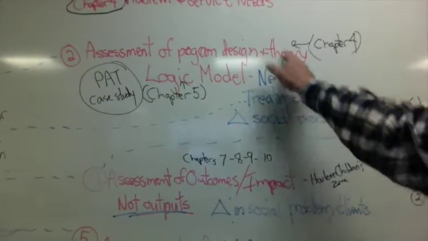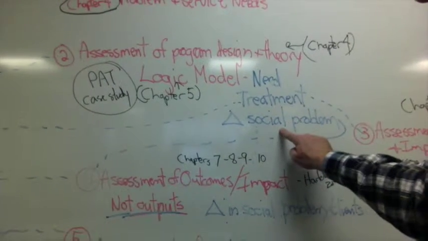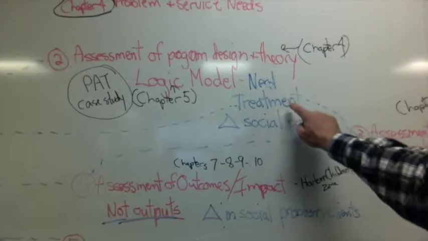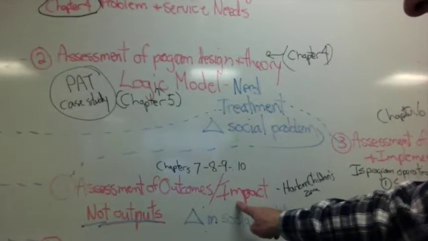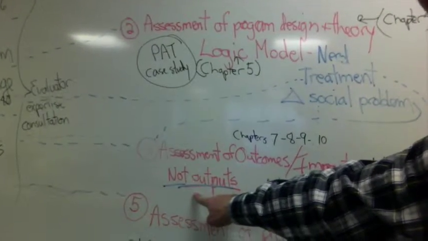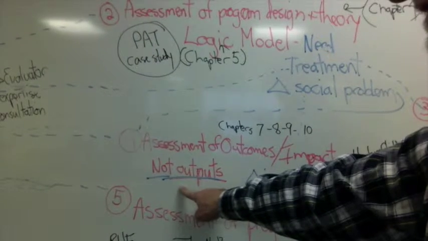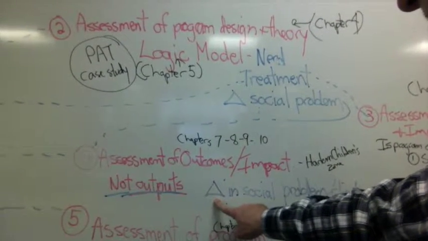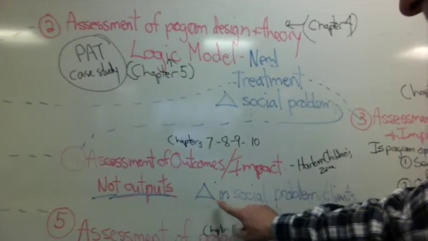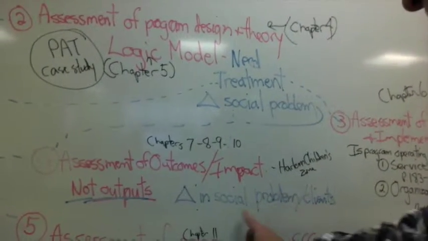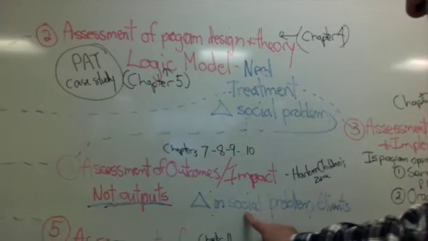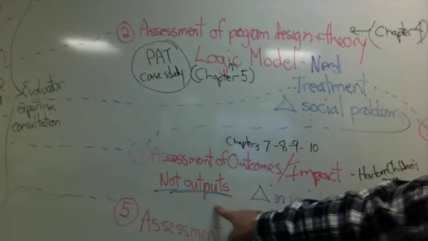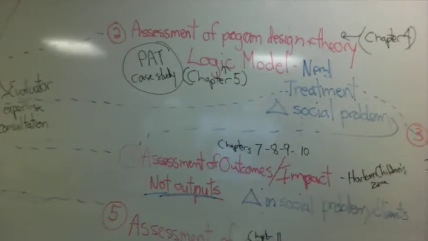Going back here to the logic model, need, treatment, social problem. Well, the need's there, the treatment is being implemented as intended. Am I getting the impact? Okay, again, this is not about outputs. It's not about how many people showed up for the training. It's what change did those people experience because they showed up for the treatment, right? It's the change in the client or the social problem, not what the program operationally provided them. I think I made a point of this in the last discussion.